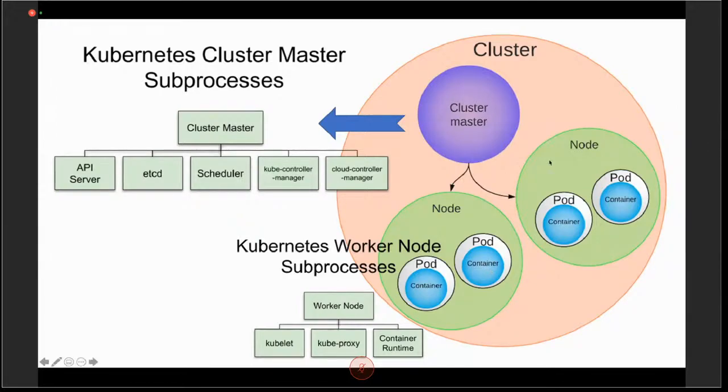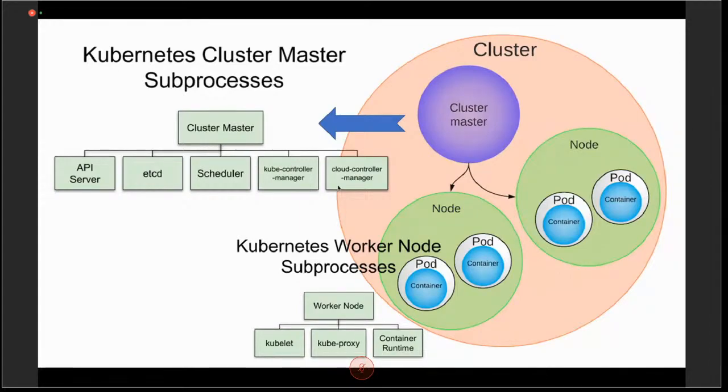So then, let's understand what the cluster master takes care of. Cluster master has the API server, the etcd, the scheduler, the controller manager, the cloud controller manager. So these are the major components in the master, which is responsible for managing Kubernetes itself, scheduling any updates and rollouts. etcd stores all the key value pairs, environment variables, secrets, and other information related to the execution of the cluster.